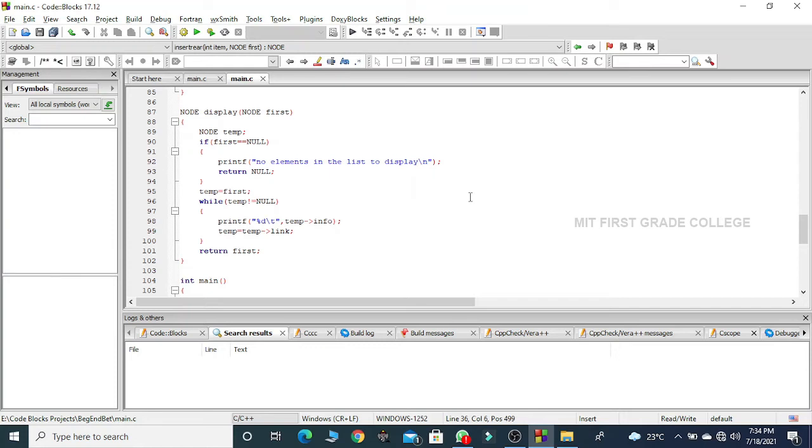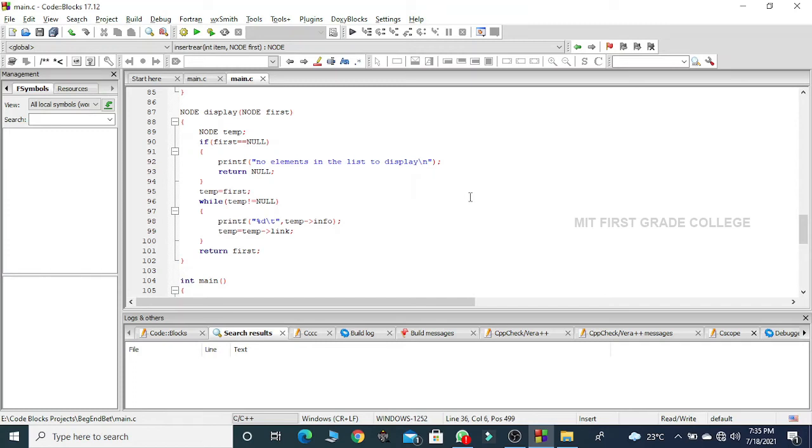If that is not the case, that means my linked list has at least a single node, or it can have n number of nodes. Now I want to traverse, hence I assign the address of the first node to the temp pointer. After assignment, with the help of the while loop, I traverse the linked list one after the other.